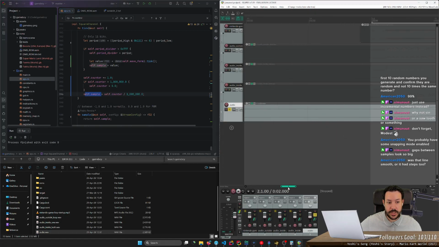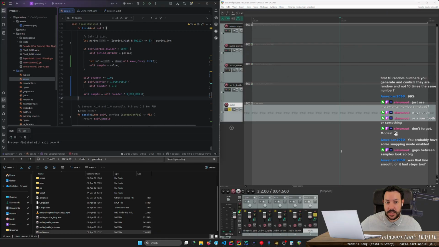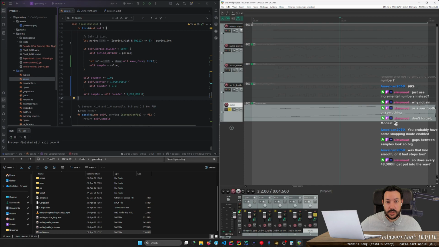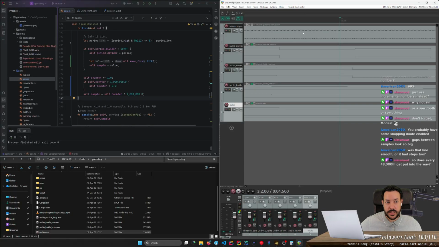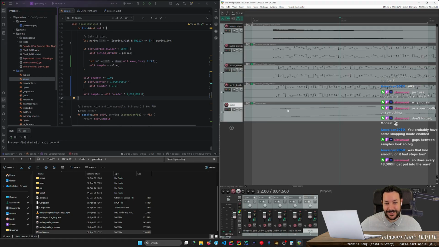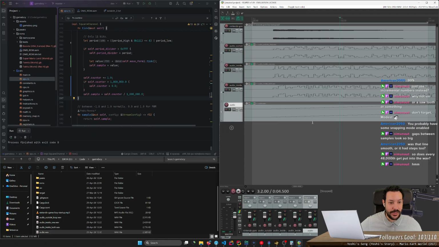So my expectation is that whenever I get the 48,000 samples, they're gonna be incredibly spiky, as this thing right here is. But they are not. They are very thick. But I don't want thick.